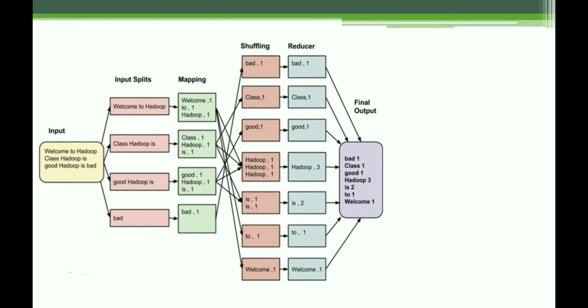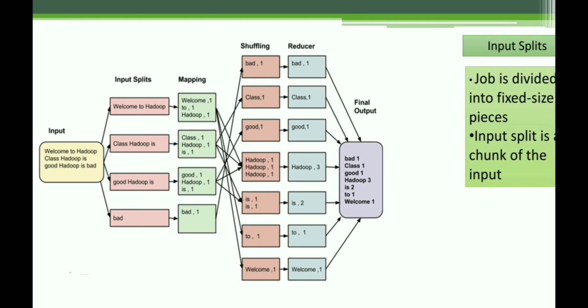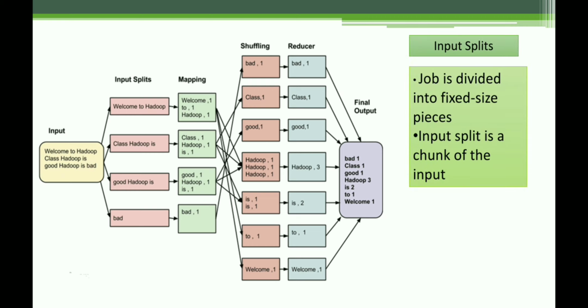The data goes through 4 phases. First phase is the input splits. An input to a MapReduce job in big data is divided into fixed-size pieces called input splits. An input split is a chunk of the input that is consumed by a single map. One map task is created for each split, which then executes the map function for each record in the split.